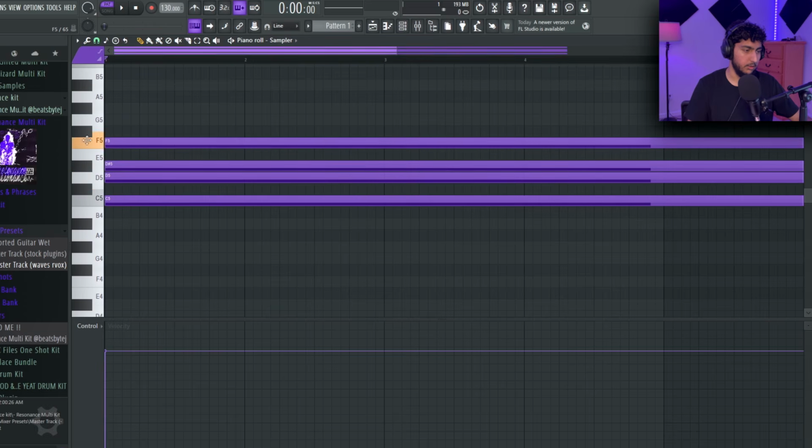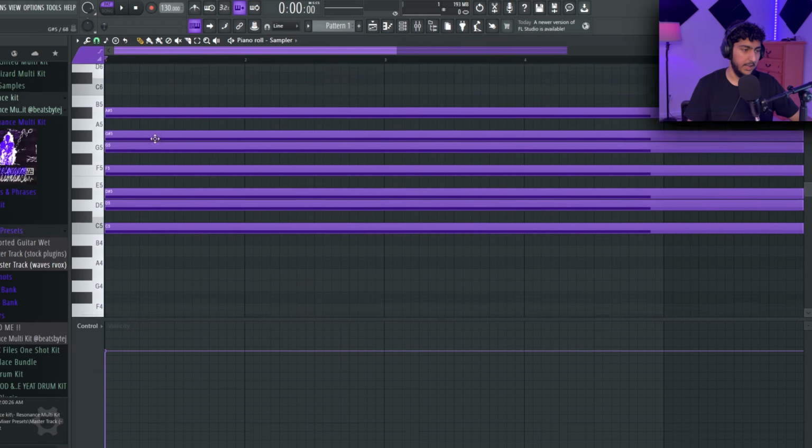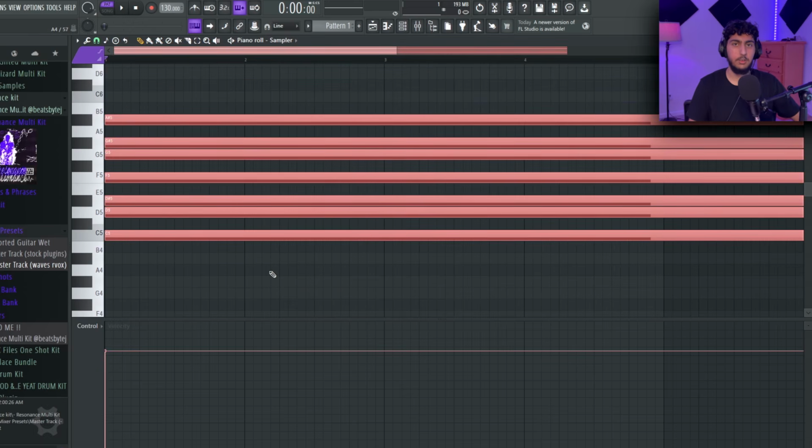So if I put all these notes in, you can see that it's accurate with the other method too of using the stamp up here and pulling the scale down. So the main takeaways from the scale is that that's going to be the notes that you're using to make your melody. And if you use notes outside of that, it's probably not going to sound good with the rest of your beat. And if you're making a sample or a beat and you want to shift to a different key, all you have to do is just shift your notes the same amount up or down to fit that